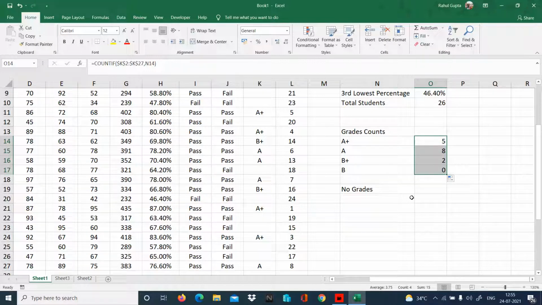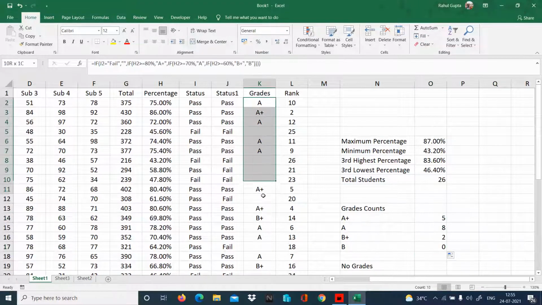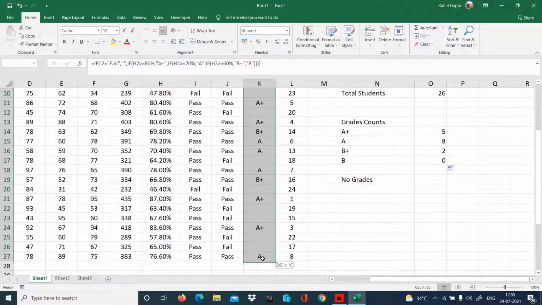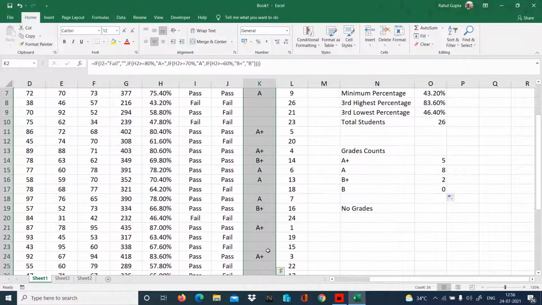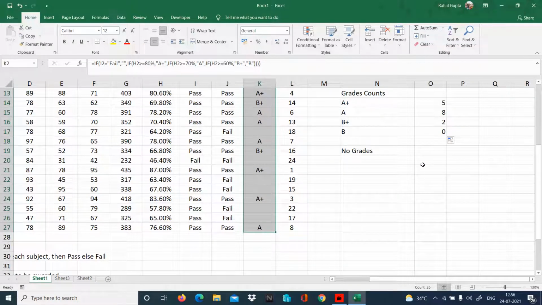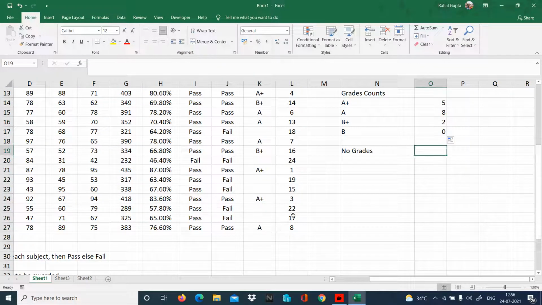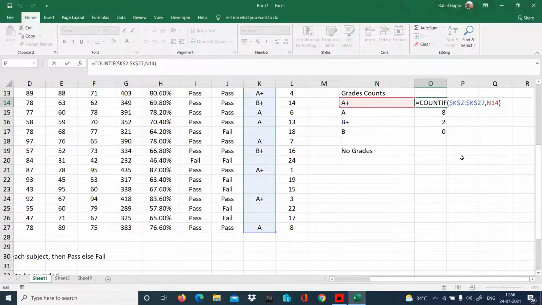So that's my count. So a total of 15 students have passed. If I check over here, those students have got grades. I can see at the bottom it says the count is 26, because it's also counting the blank ones. But if you see, 1, 2, 3, 4, 5, 6, 7, 8, 9, 10, 11 are blank. It means 15 have passed. Right? So this is how we can calculate with the help of the COUNTIF function.